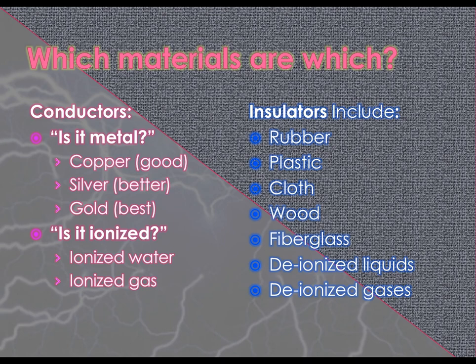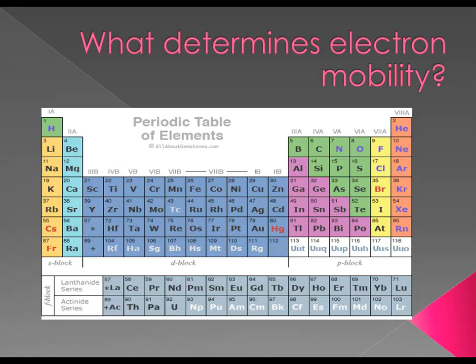What determines electron mobility? Why are some electrons in some materials free to move and others not? The ion question is very straightforward to answer. Elements, atoms, and molecules want to be balanced. They want to have the same number of protons and electrons. A negative ion has too many electrons. This throws its system off balance. It is unhappy and wishes to get rid of them and to restore its happy electrical neutral state of equilibrium. Positive ions have too few electrons. Electrons are missing, they are mad about it, and they wish to snatch and steal electrons from other atoms in order to restore their own equilibrium.